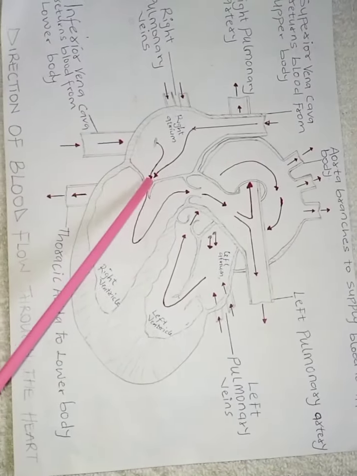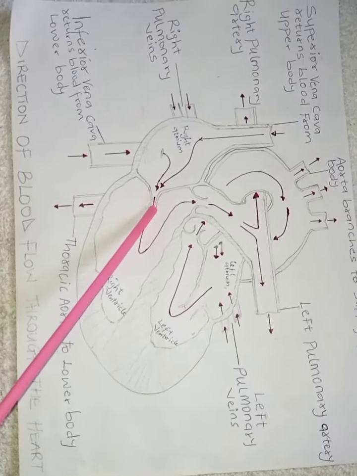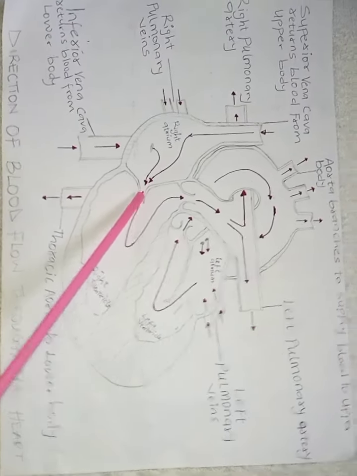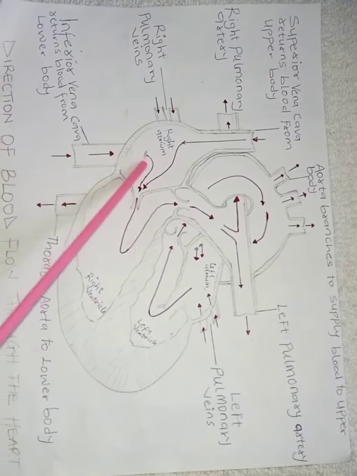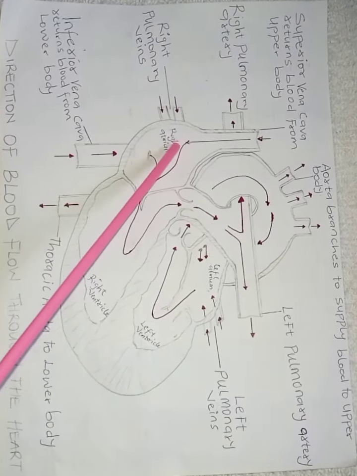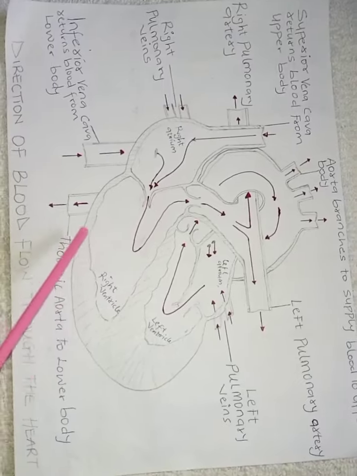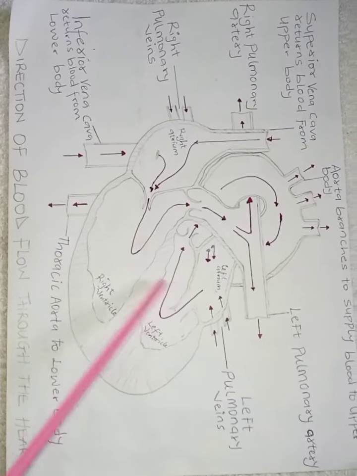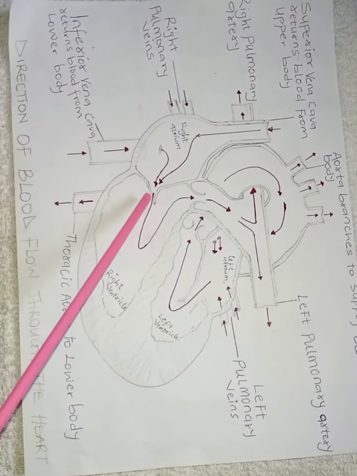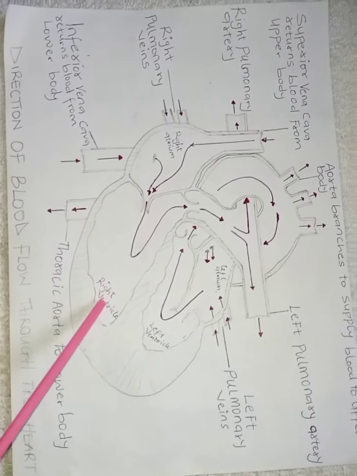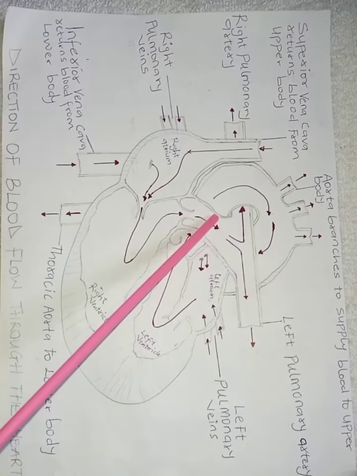And when the wall of the right atrium contracts, it causes the right atrioventricular valve to open. You call it the right atrioventricular valve or tricuspid valve. And when it opens, the blood flows from the right atrium through the right atrioventricular orifice into the right ventricle. And when the walls of the right ventricle contract, the tricuspid valve closes and the blood is pumped from the right ventricle into the pulmonary trunk